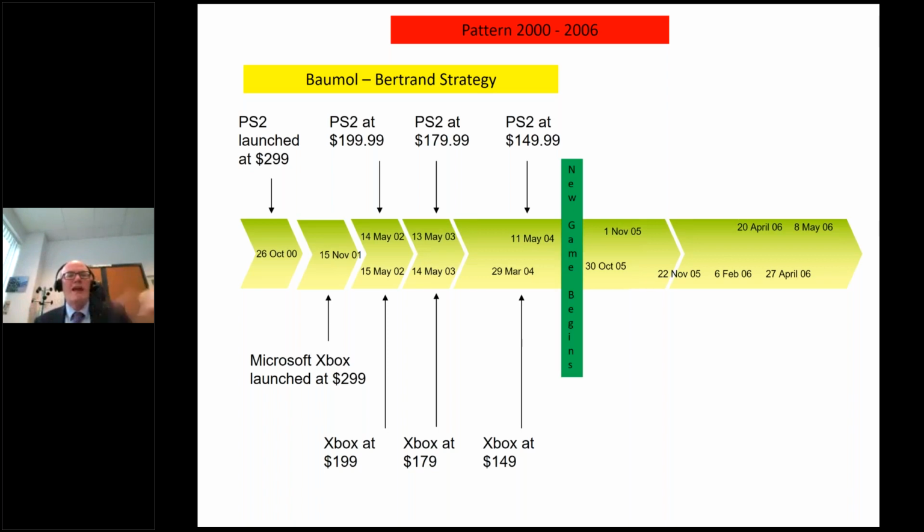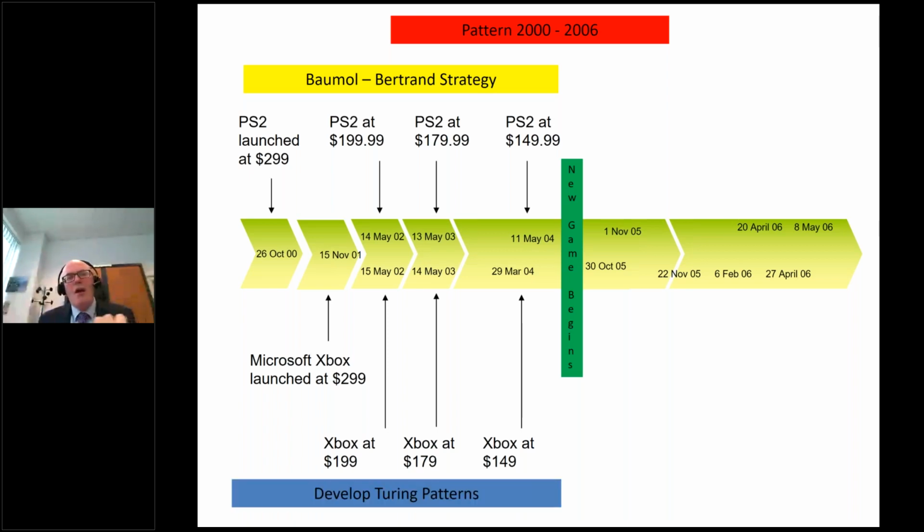Sony and Microsoft realized that that price game was costing a lot of money, and they decided they would still compete, but their competition after 2004 tended to be non-price competition, competition in terms of launching new products, product diversification, greater announcements in terms of capacity shipments into the market, etc. Okay, and what we can develop from our observations on price patterns is what's known as the Turing